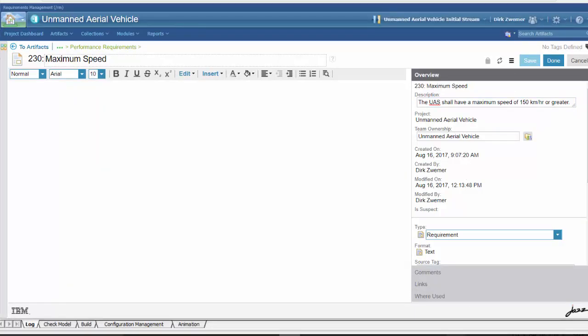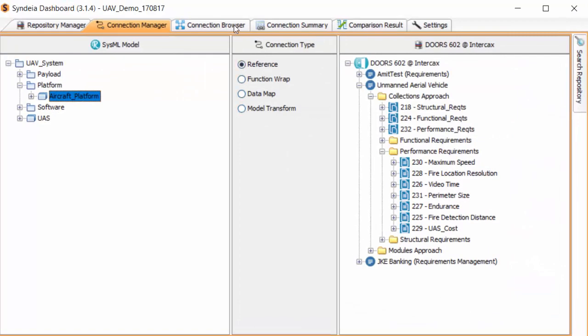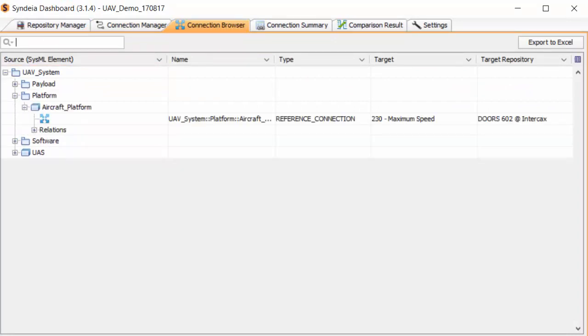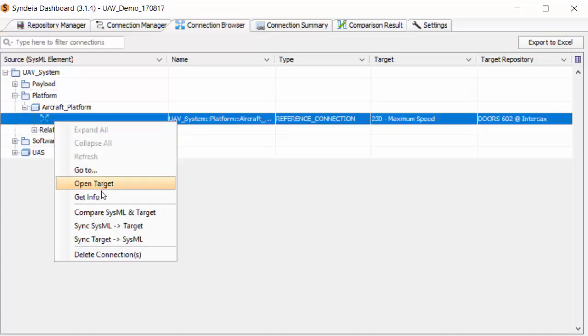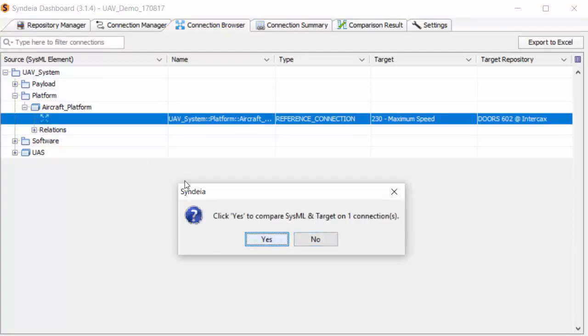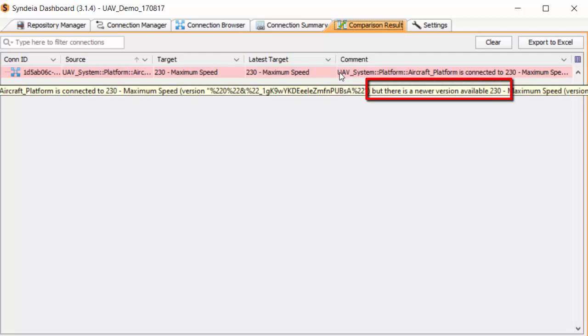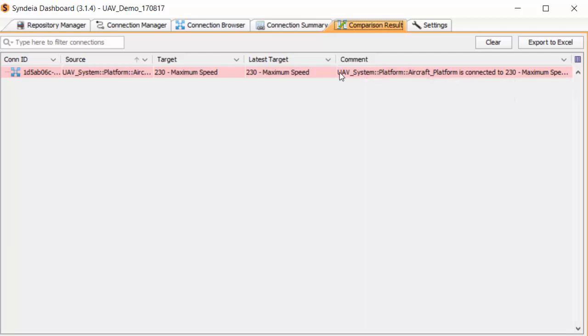Back in the Syndeia dashboard, Connection Browser tab, I right-click the connection under Aircraft Platform and select Compare SysML and Target. The comparison results are red, and the message indicates that there is a later version of the DOORS requirement than I originally connected to. I can update the connection in the Connection Browser, the Connection Summary, or here in the Comparison Results tab by right-clicking the connection